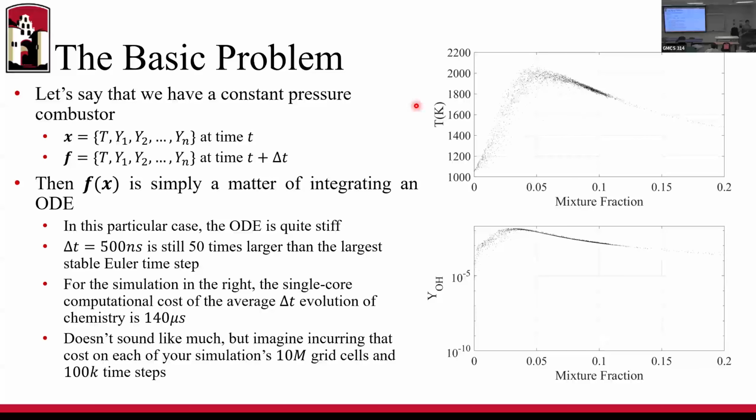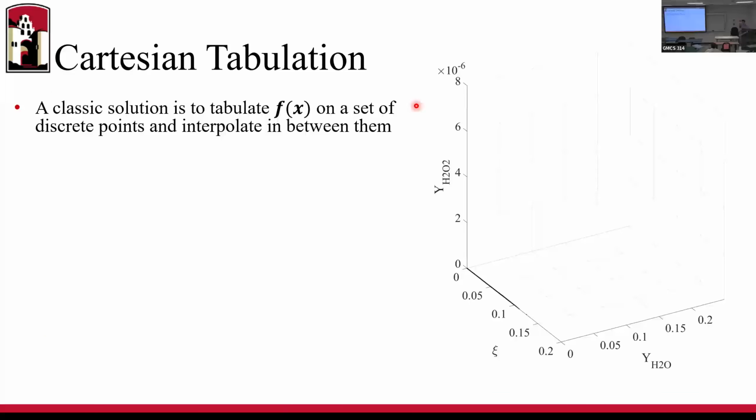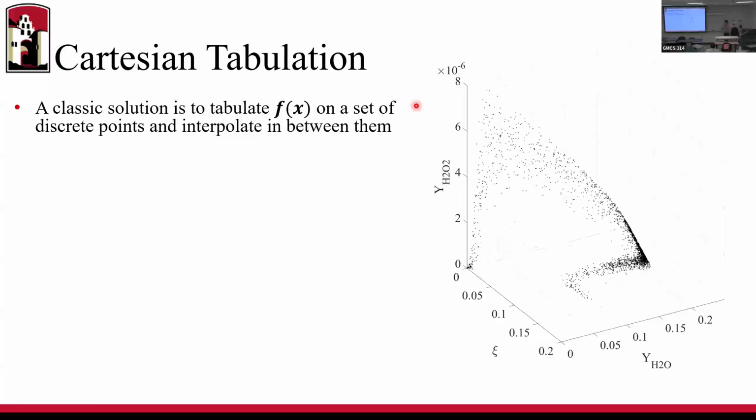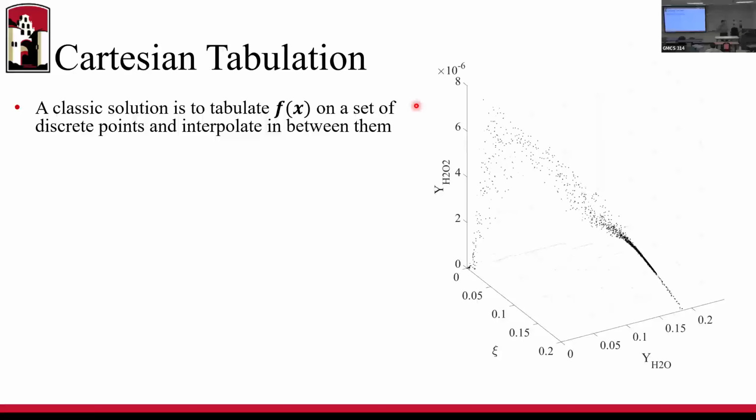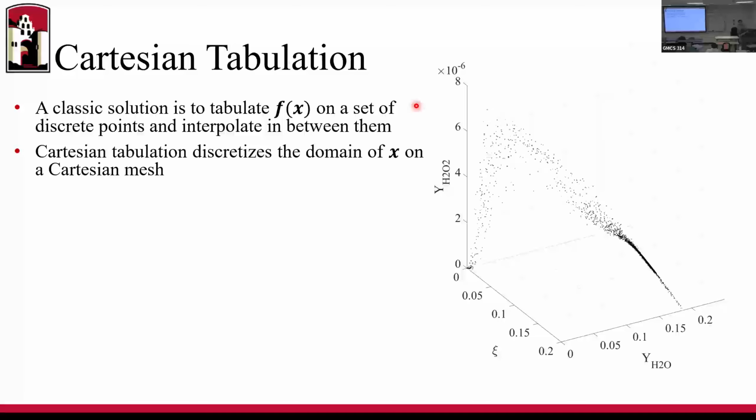Okay, so we want to do this faster. So what are some options to do this species advancement faster? Well, the most classic approach is to use Cartesian tabulation. So the idea is, f of x is a known function, so we can evaluate on a set of discrete points, and then we can just interpolate between those discrete points. So in that case, Cartesian tabulation will discretize the domain of x on a Cartesian mesh. So for example, if you have